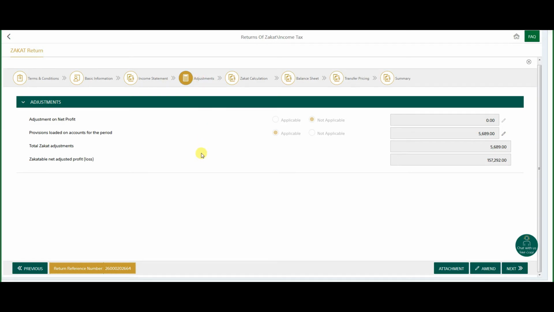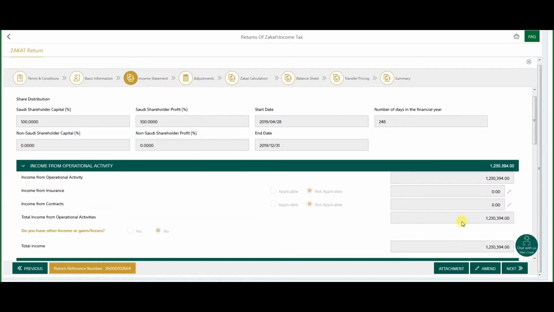If you have an adjustment on net profit, you can put it here. If in the previous year you made any mistake or any adjustment you want to make in the net profit value, you can make it applicable and put the value here. Provisions loaded on accounts for the period, if applicable you have to make it. It is applicable as we have mentioned here, the provision